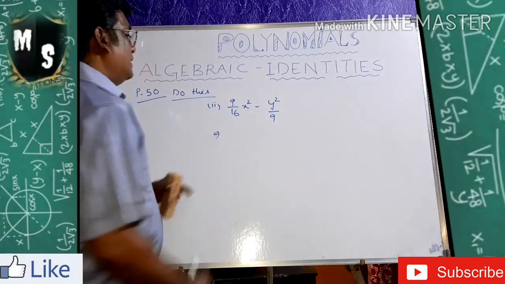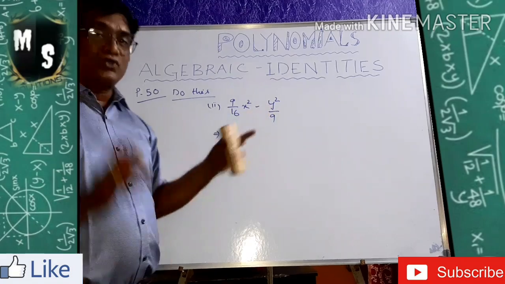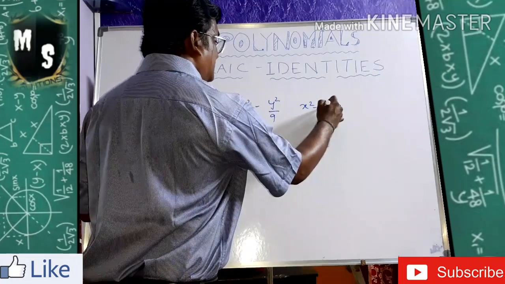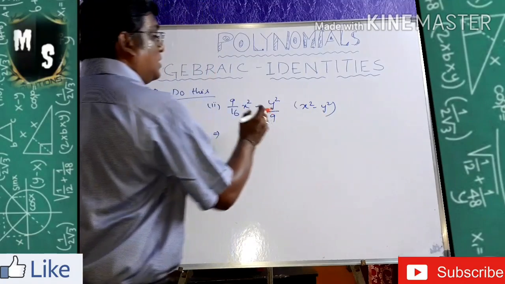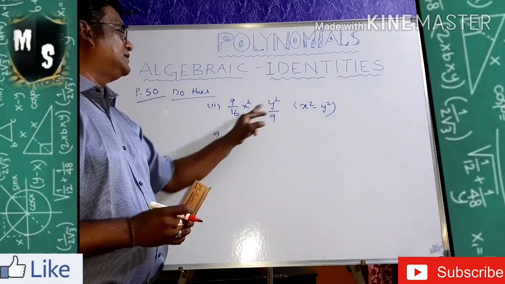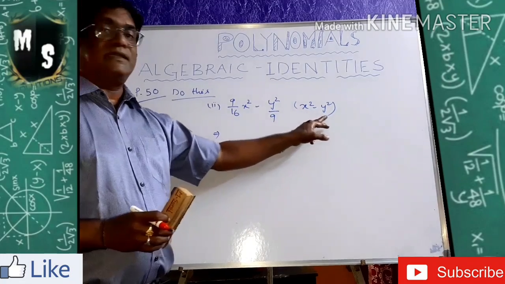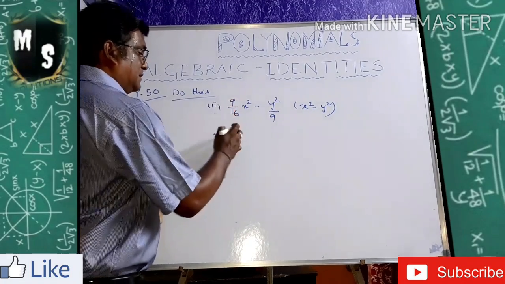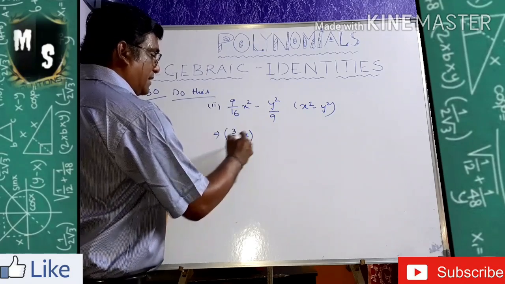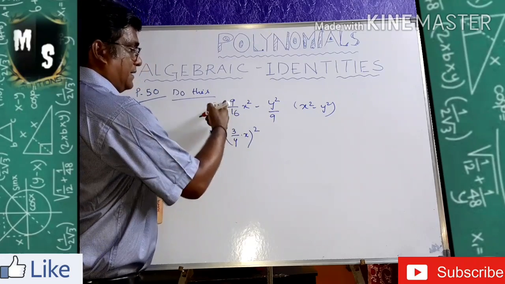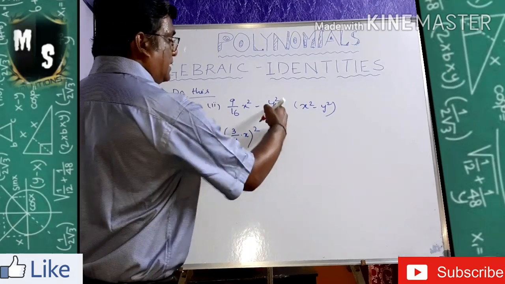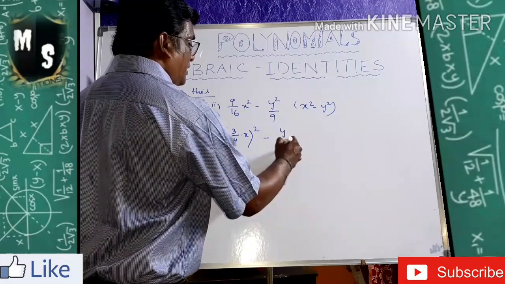Now you see there are two squares. When two squares are there, it belongs to the formula a square minus b square. Try to understand the formula behind it. Two squares are clearly visible, so it is another formula. Let's see. It can be written as 3 by 4 into x whole square. I can write 3 square, it is 9. 4 square, 16. x square minus. It can be written as y by 3 whole square.